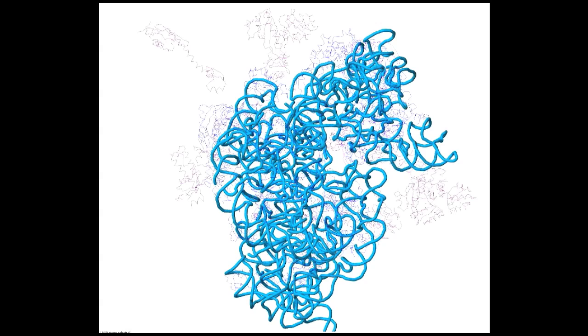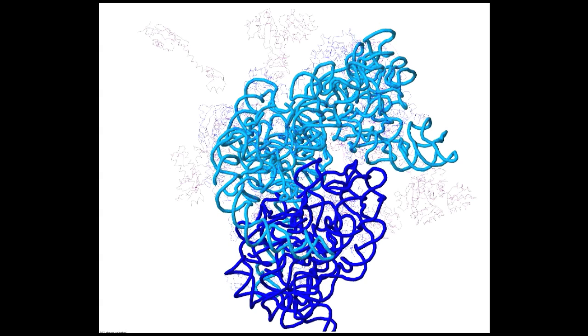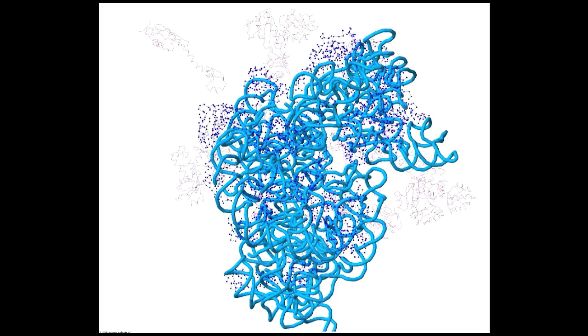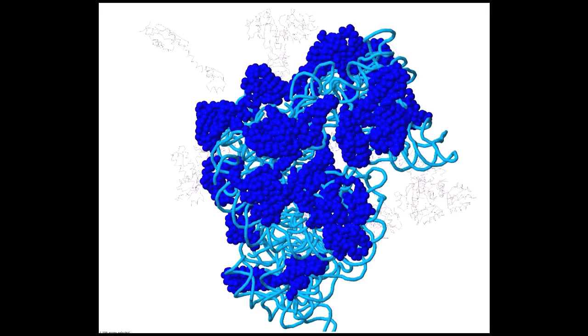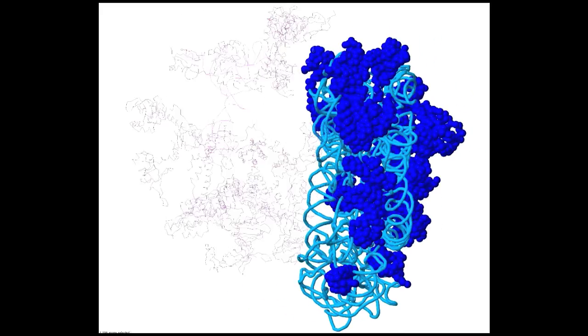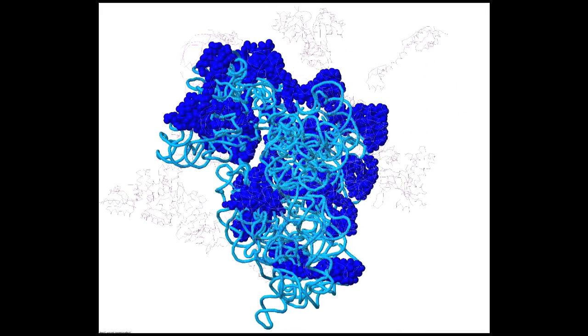Now if we focus in on the small 30S subunit down here and look at the 16S RNA that is present, the component of that small subunit, we see that that RNA, that 16 Svedberg RNA, has three major domains. It's one RNA molecule, but it has three major domains. Actually, four major domains, sorry. And there are the proteins shown in spacefill. So now we're rendering the small subunit 16S RNA in light blue, and the proteins you'll see are located in the small subunit rather at the periphery.